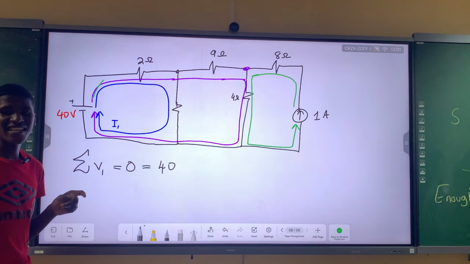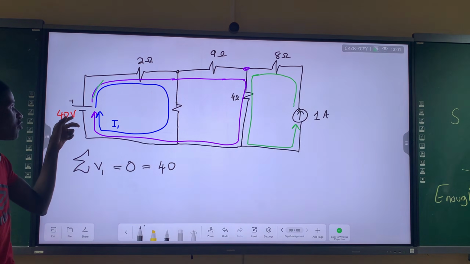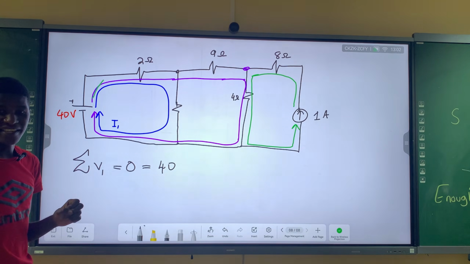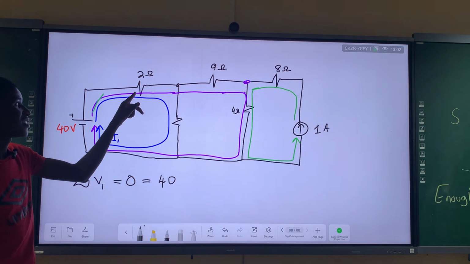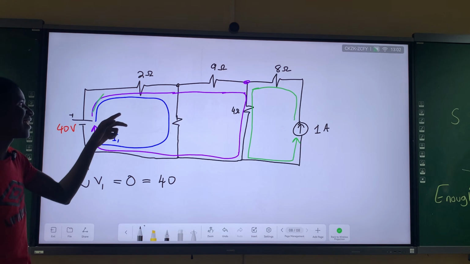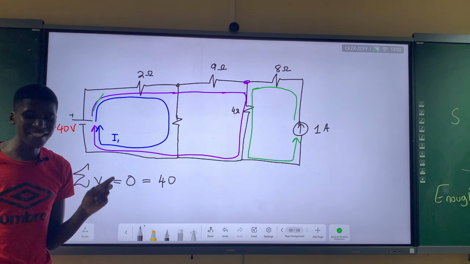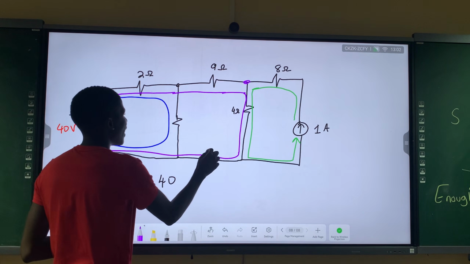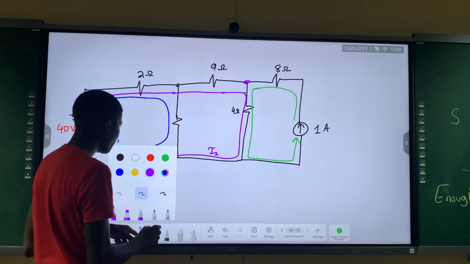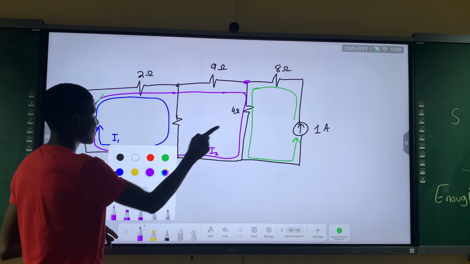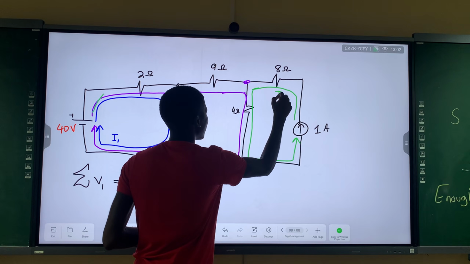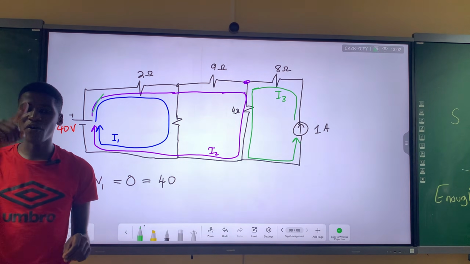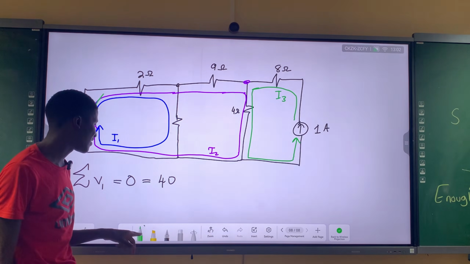I'm no longer writing letters. I'm substituting already. So then this resistor is 2 ohms, right? Yes, the resistor is 2 ohms. Let's look at it carefully here, this resistor of 2 ohms, I receive currents. Let's label our loops properly. This is loop number 1, this is loop number 2, this is loop number 3. When we use capital letters, we're trying to show that this is our what? This is the loop, the currents in the loop.